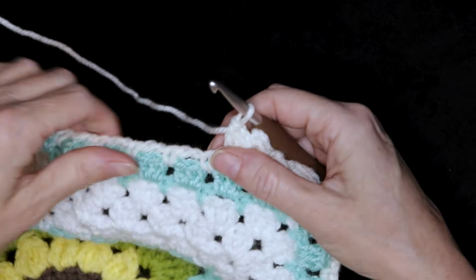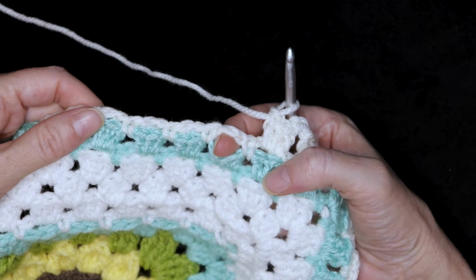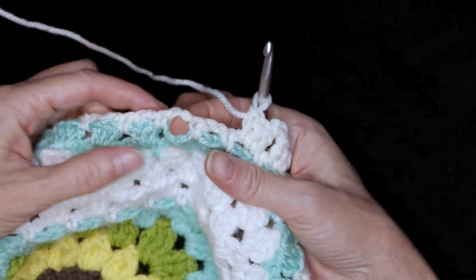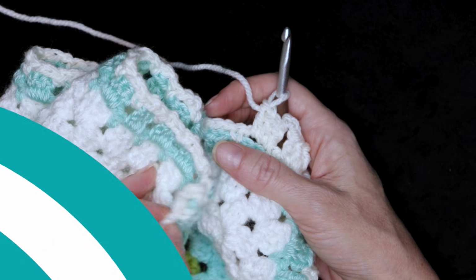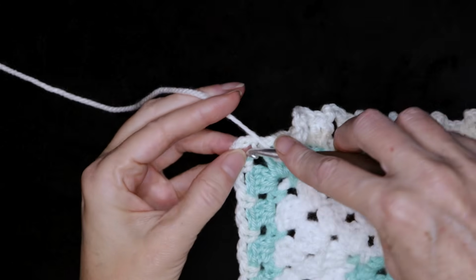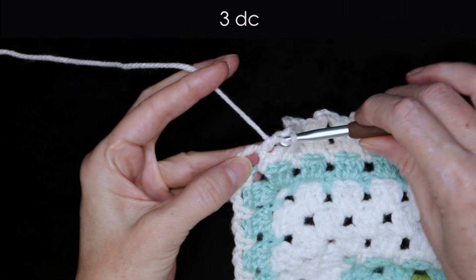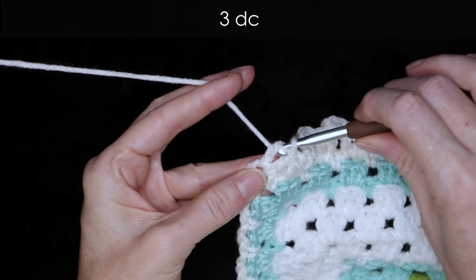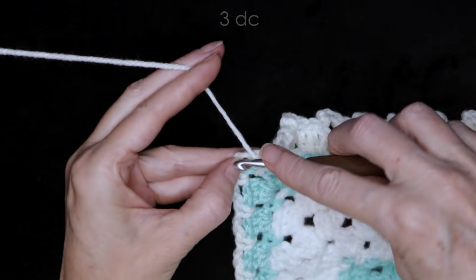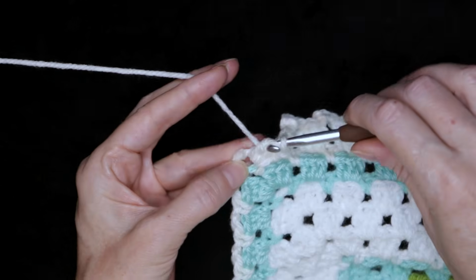So now pause the video and keep working along. 3 double crochets with a chain 3 into each space all the way along, and I'll meet you when we get to our corner. Into your corner space, 3 double crochets, 1, 2, and 3,